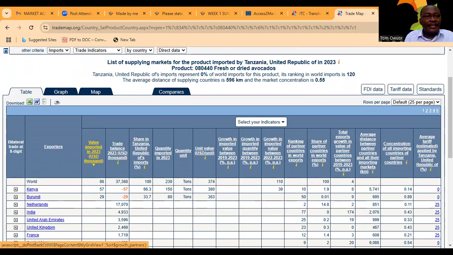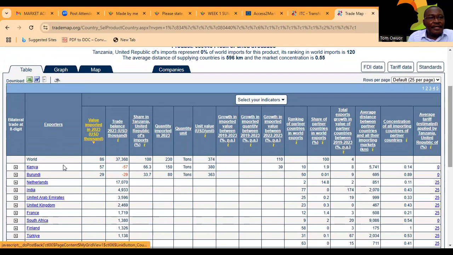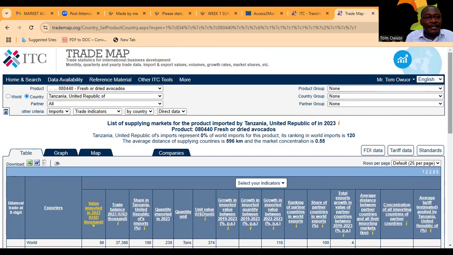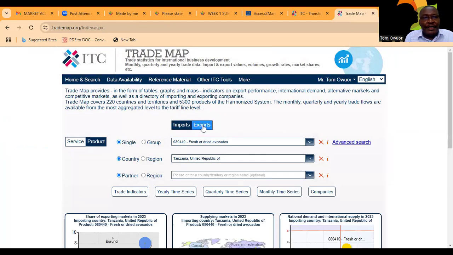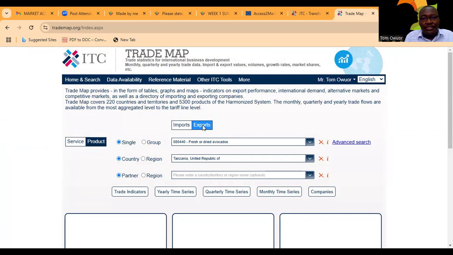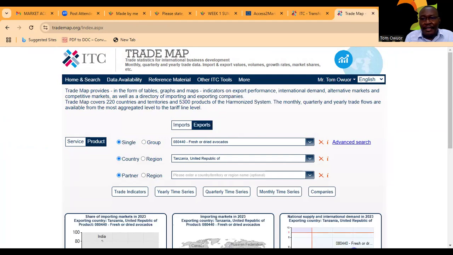Kenya, as a country, also exports a bit of its products into Tanzania. Burundi exports a little bit, but remember, Netherlands down the line, these are importers of Tanzanian avocado. They do not export, but some of these few countries export into Tanzania. And therefore, Tanzanian avocados, as we have indicated through the export bit of it, go to a number of countries.